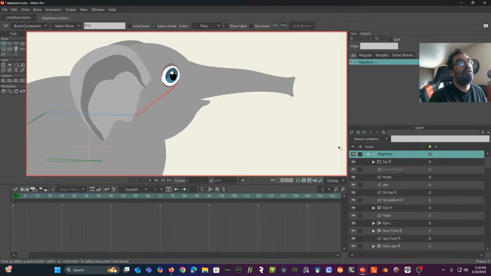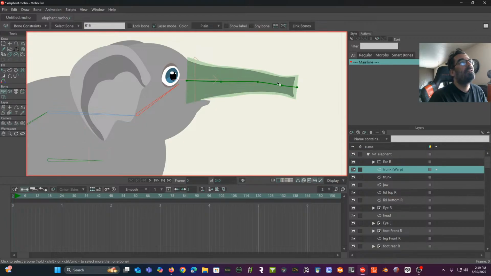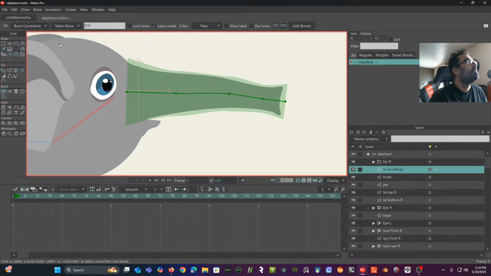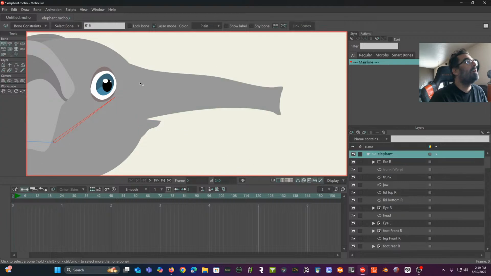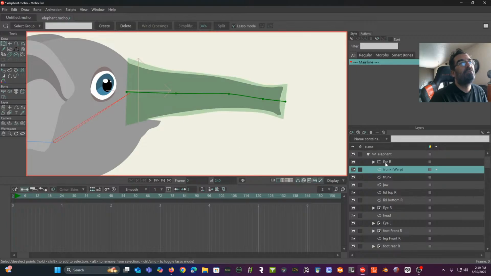What I do want to do right now, though, because I have that trunk with the warp layer, this here, I want to draw bones that kind of coincide with those points. So what I'm going to do is grab this bone from the bone layer, just get it more aligned. Something else I just remembered that I have to do is turn down all the bone power on all these bones. But with this here, and now this trunk warp selected, I'm going to go ahead and draw more bones